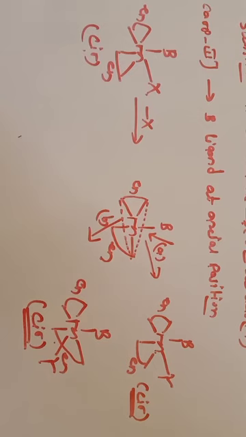And again we get an intermediate having trigonal bipyramidal geometry, but in this case we can't get a triangle. One side is blocked by this ethylenediamine ligand. So there are only two possibilities: the incoming nucleophile, that is Y, will attack from the two sides of this trigonal plane, and we get two products with cis configuration.